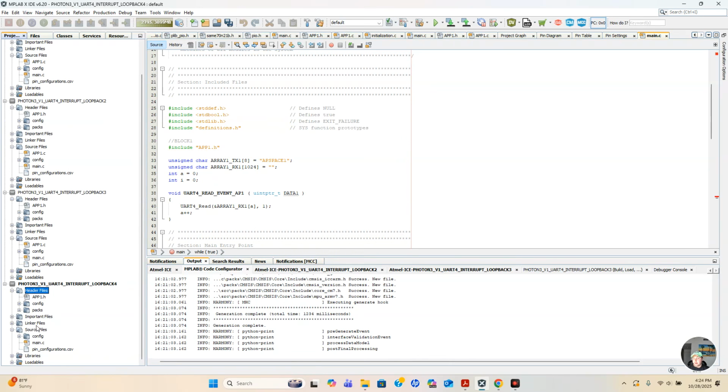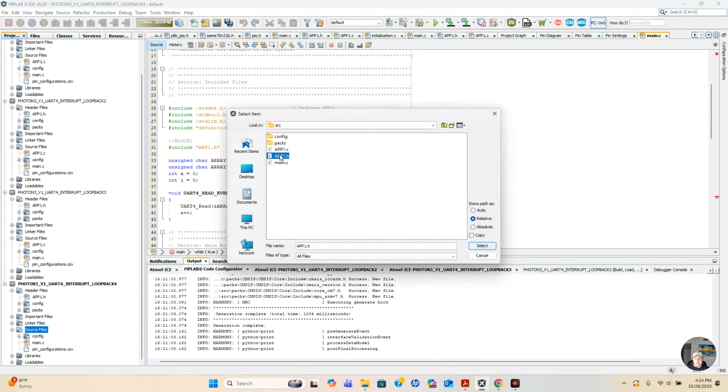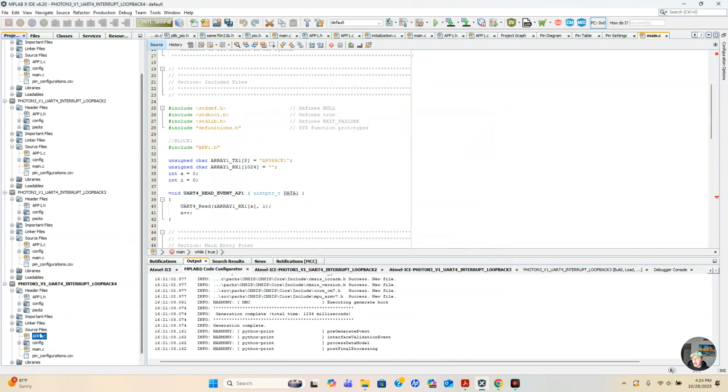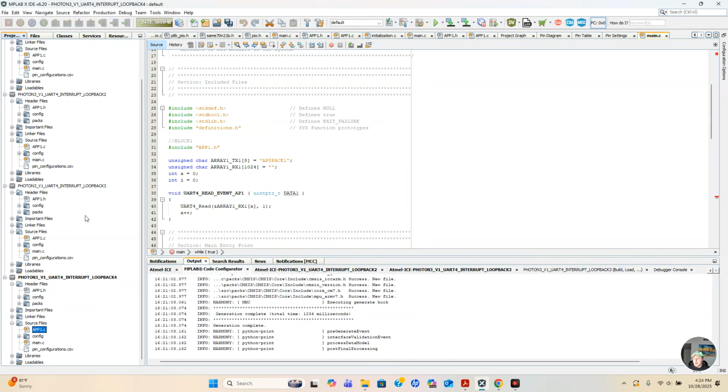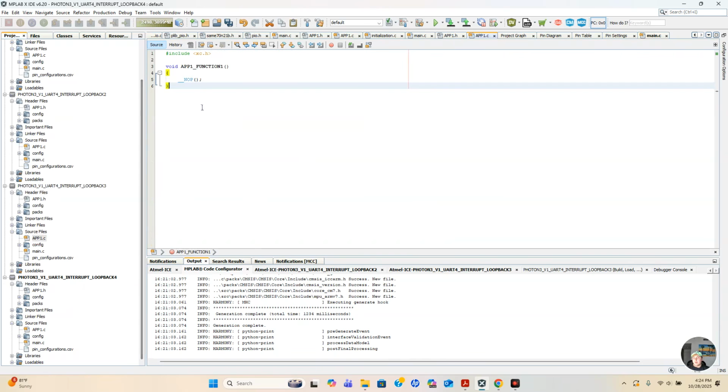app1.h is there now, and then we click on source files, right click, add existing item, and then we select app1.c, and then we select. So the app1.c file needs to be in source files, and the app1.h needs to be in header files. So once those are there, we copy and paste